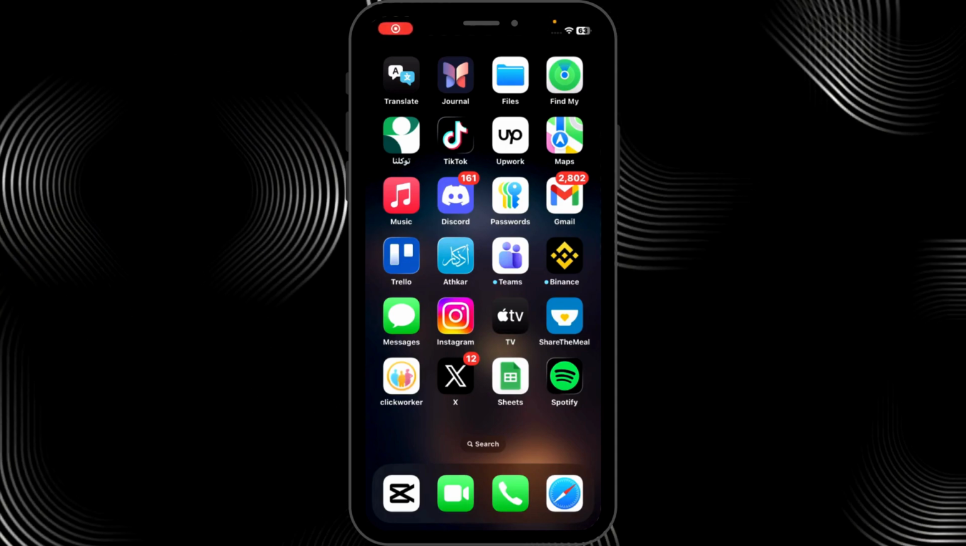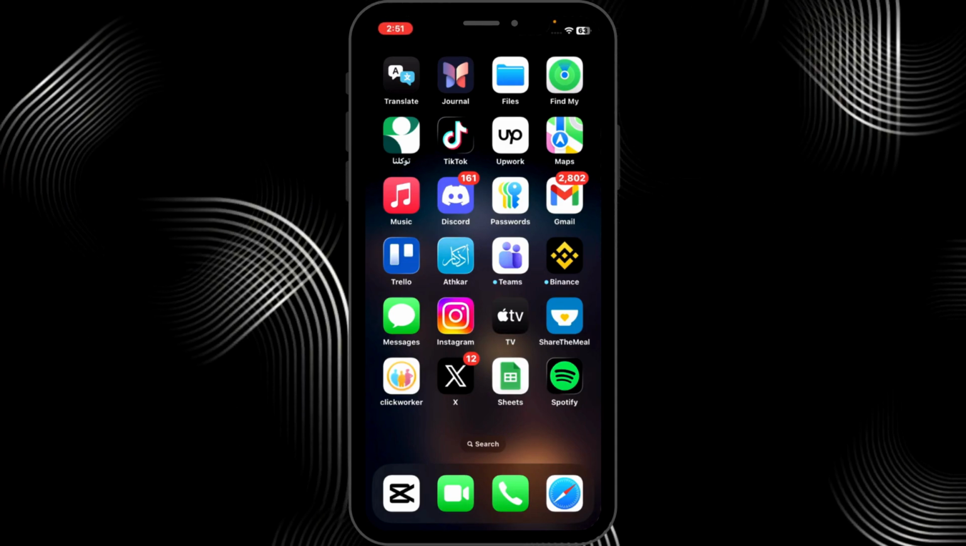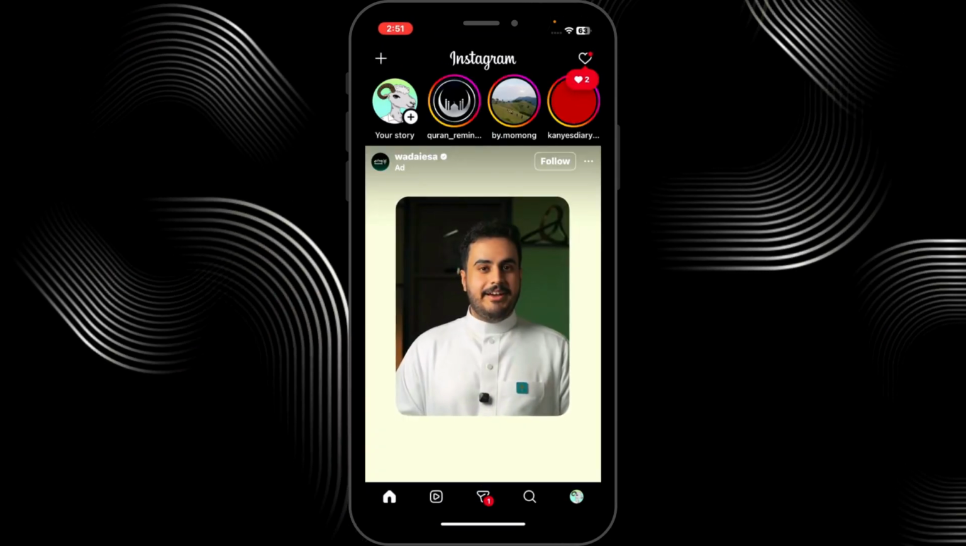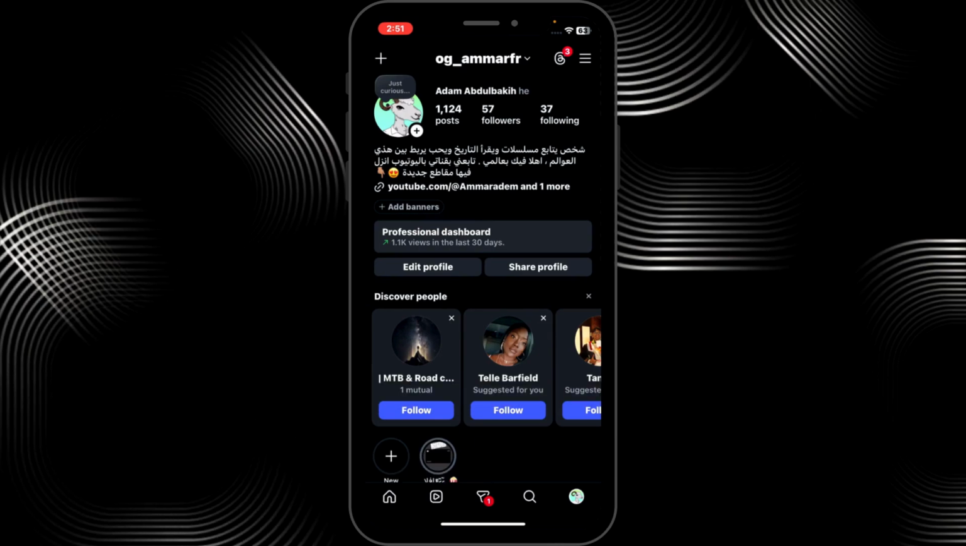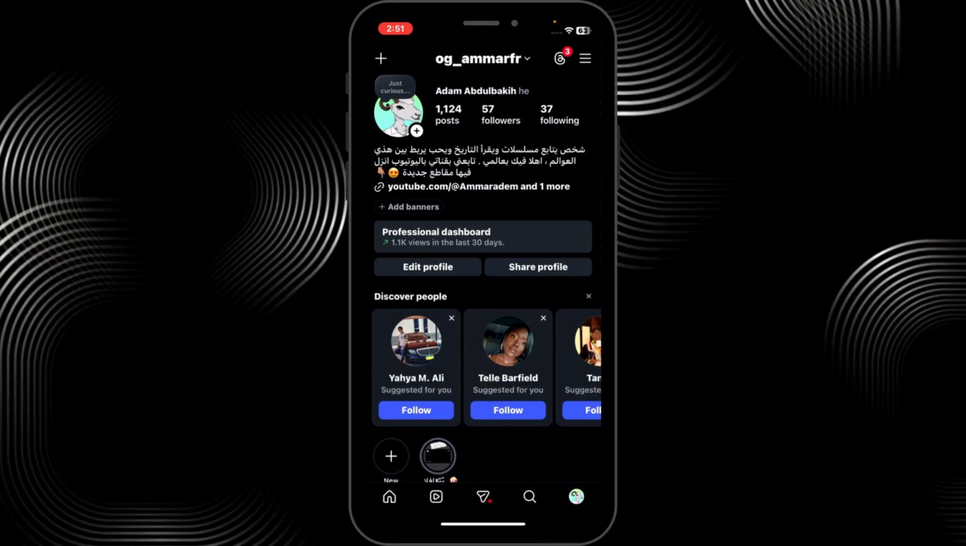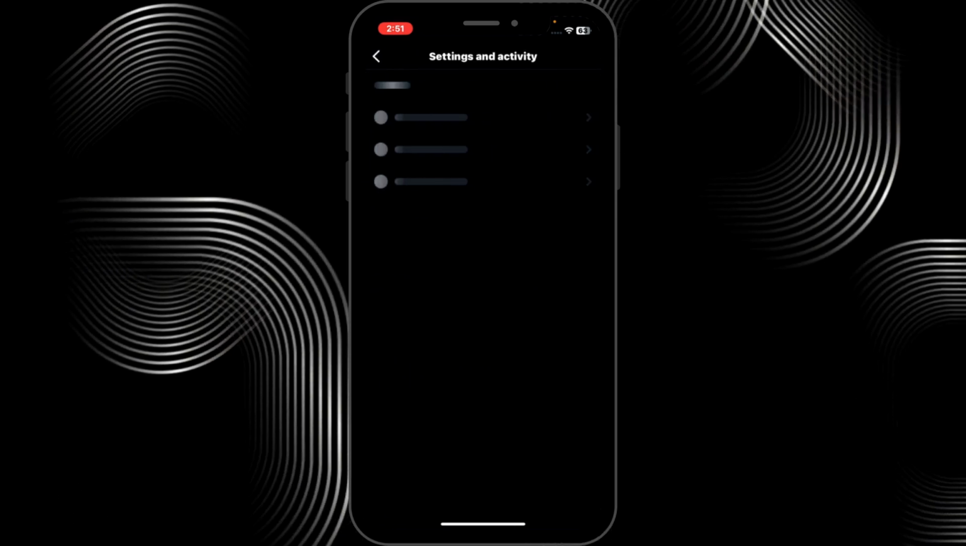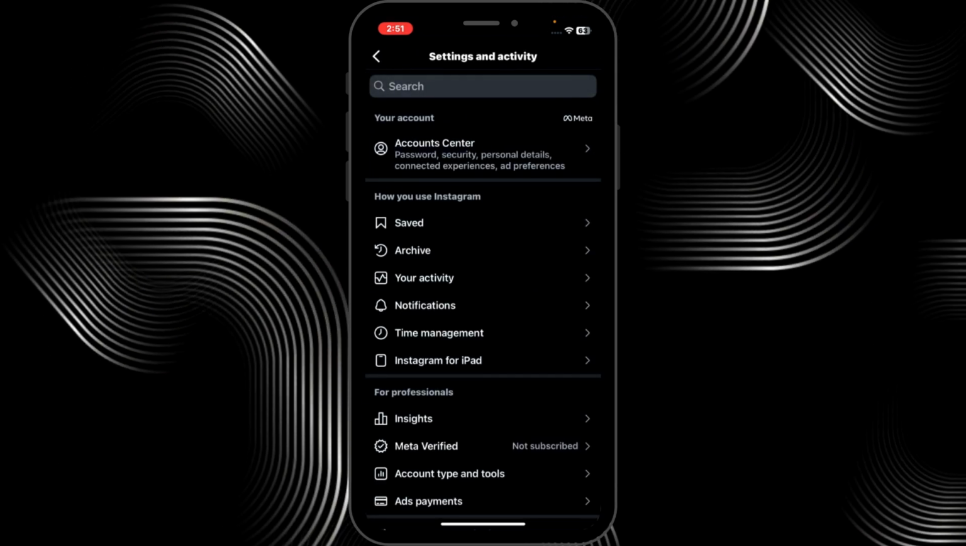How to see who unfollowed you on Instagram. To see who unfollowed you on Instagram, the safest method is to compare your follower list over time by downloading your data. So go ahead to your profile, hit the three lines at the top right, okay, and go ahead